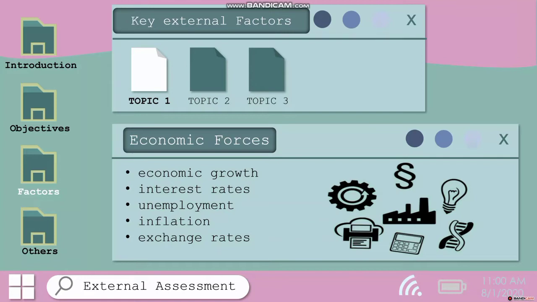However, they receive more interest on money saved in the bank. When interest rates are low, businesses may borrow and invest more, but will receive less interest on money in the bank. Next is unemployment. If unemployment is high, then firms have more potential workers to choose from. More competition for jobs means that it is easier for a business to keep wages down. If the rate of unemployment is low, then businesses will have to offer higher, competitive wages to secure new employees.